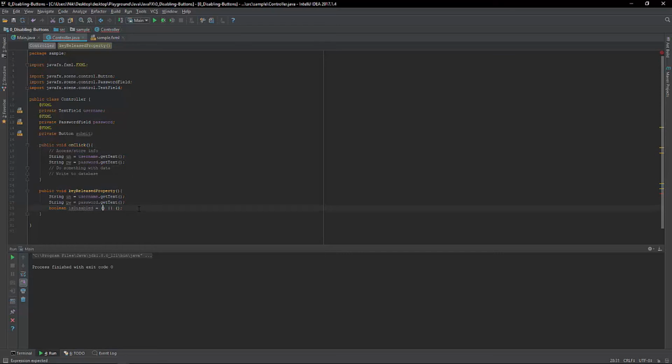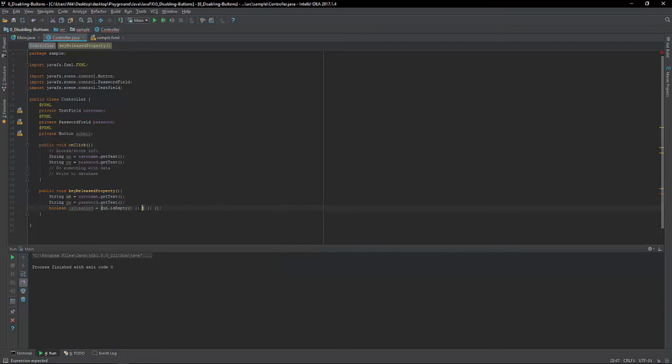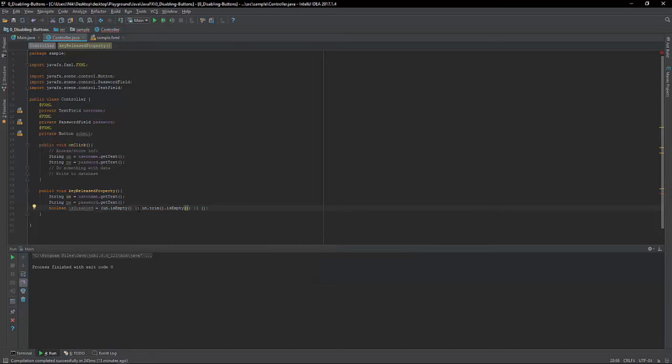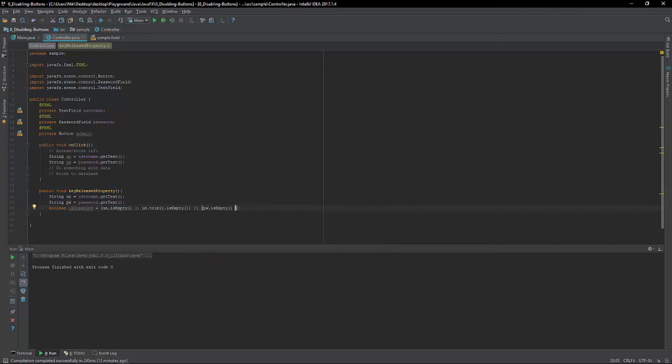So what I want to do is first check the username. I'm going to do username dot is empty, so I want to check if it's empty, and I also want to check that if all the white space is removed, meaning if someone entered a bunch of spaces, is it still empty? So you want to check for both of those. So then I'll do un dot trim. Trim removes all the white space, and then is it empty after you trimmed it, right? Then I'm going to do password now. Same thing here. Password is empty. Or